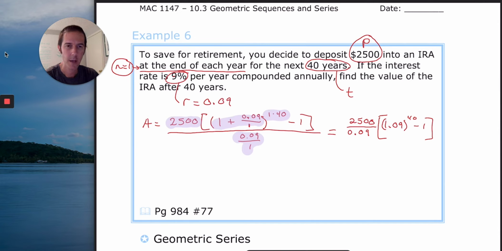2500 divided by 0.09. Enter, or equals if you want. Now you've got a number on your screen. You can hit times. And this is when it gets a little bit tricky. After you hit times, you're going to need to use parentheses. And in fact, you could use parentheses once. And then you'll type in your 1.09 to the 40th power. Depending on your calculator, you may or may not have to hit enter again, and then the minus 1, and